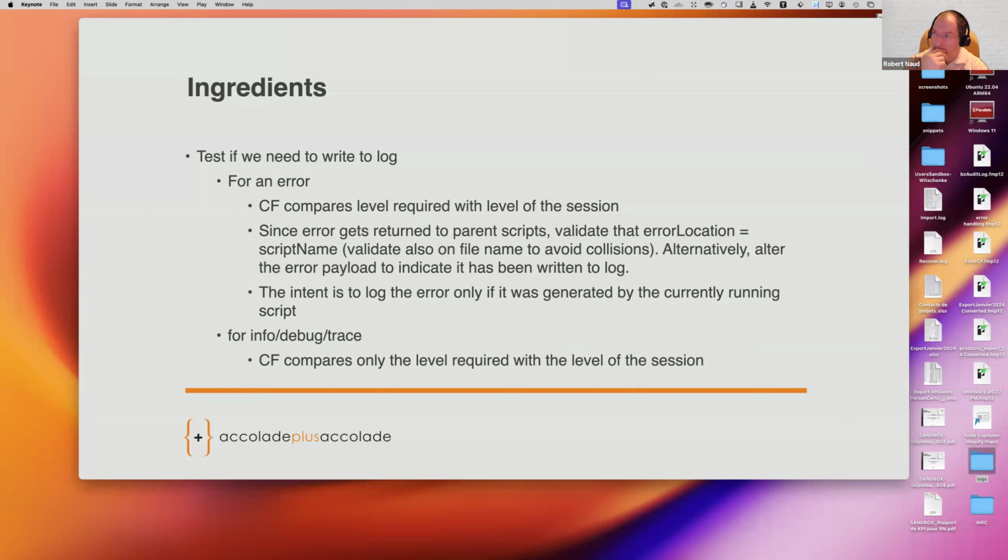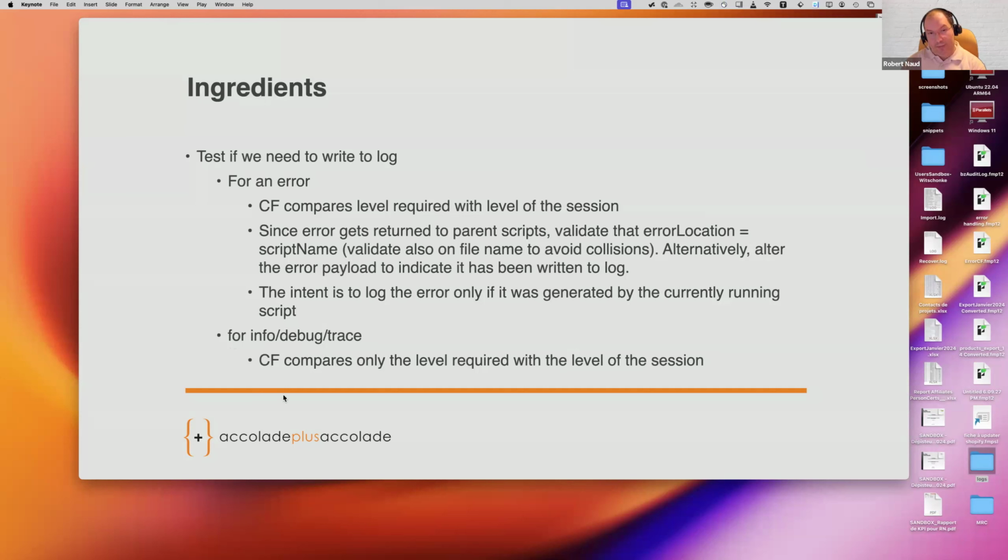So then anything that looks at it further down the road can just disregard having to log the information out. So yeah, it's just to let us know if the error was generated by the script that is running, and then